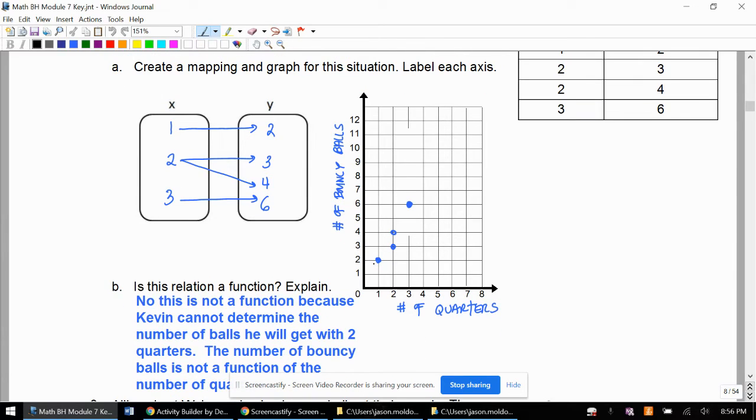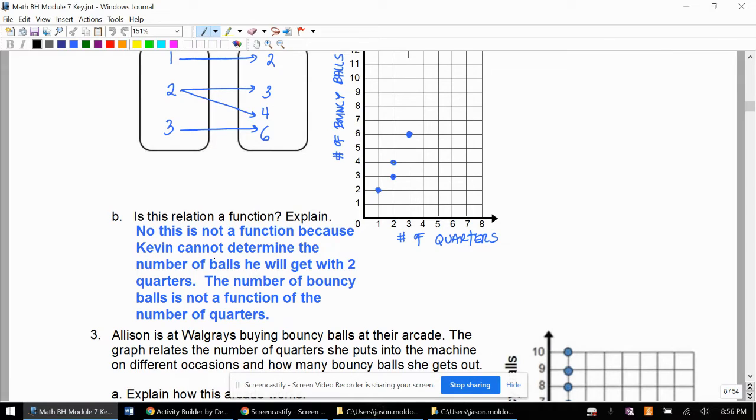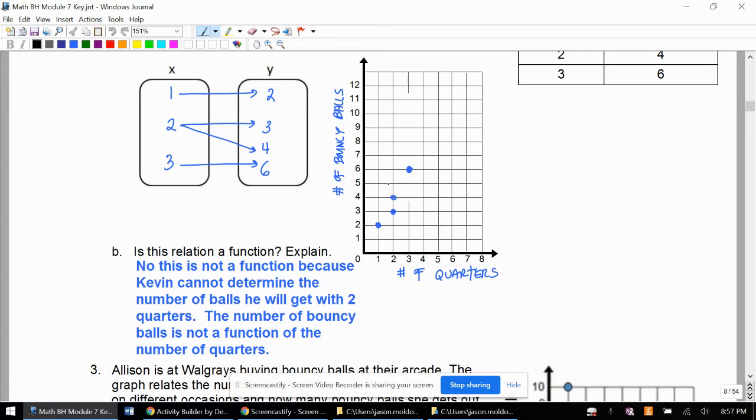It had this graph, and we said that it wasn't a function. Specifically, when you put two quarters in, you couldn't determine how many bouncy balls you get back. We did not talk about the fact that it was not linear or wasn't proportional. Again, that is not included in any of these justifications, although maybe that's the case for some of these graphs,